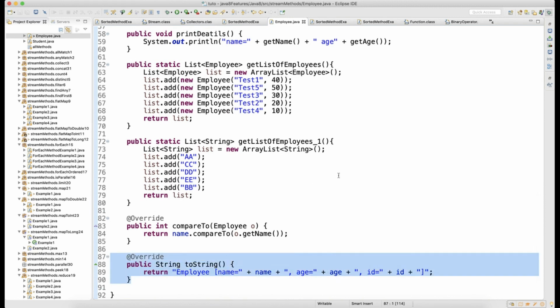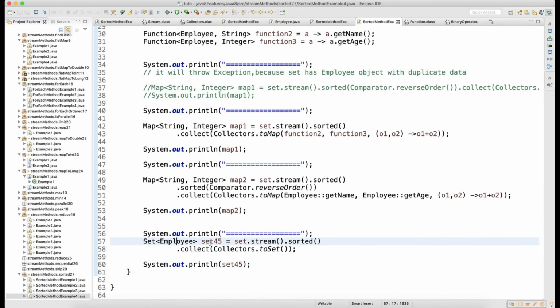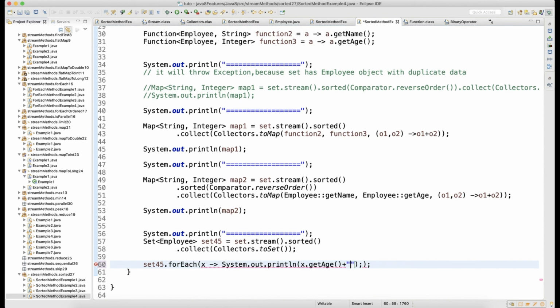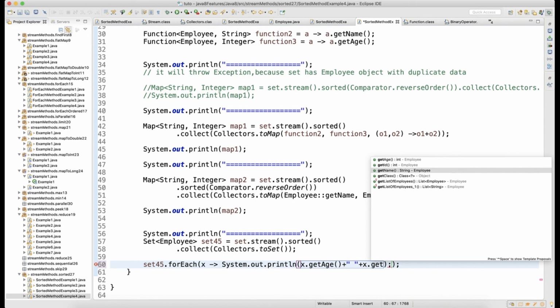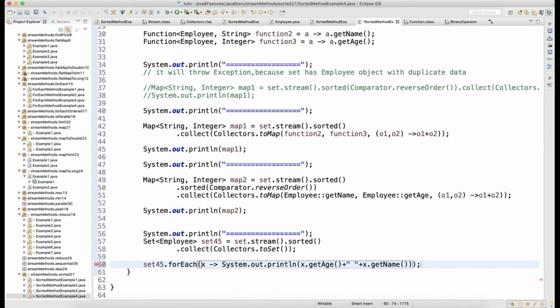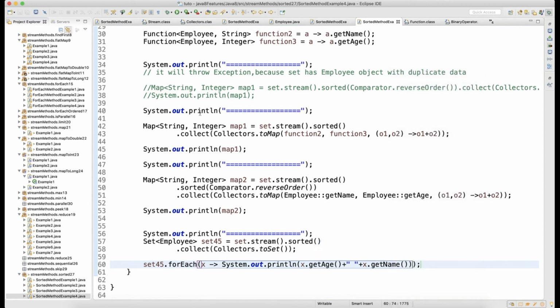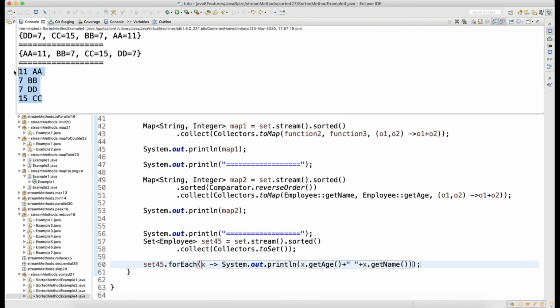Okay, since this is a bit confusing, what I will do is run a forEach loop, so that for you it's very easy. I'll run a forEach loop. I will write a consumer x, so employee will get mapped to x, and then I will write x dot getAge plus space plus x dot getName. This is fine, right? Because this will give you a very small output. You can understand how it is working, because the toString will give you a lot of things. So you can see that your data is getting processed.